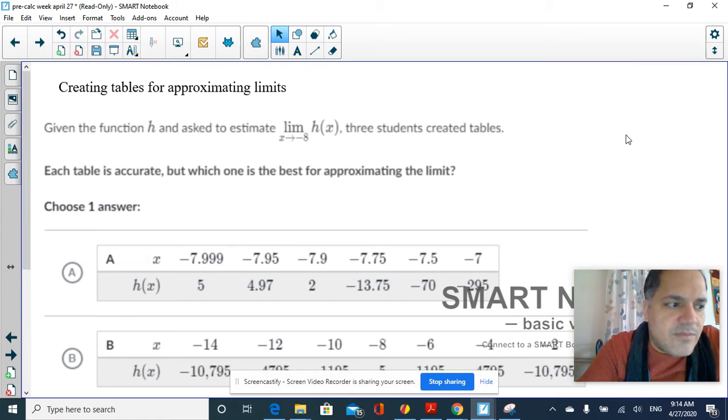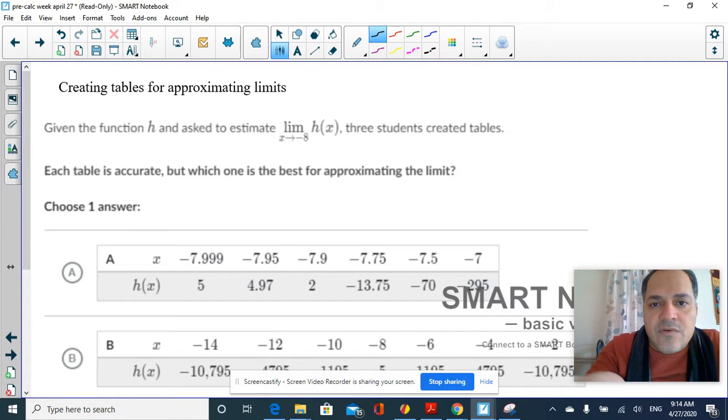Good morning, everyone. Today we are going to cover how to create a table for approximating limits. If you want to approximate a limit, we can create a table to find the limit of the function at an exact point. So today we are going to learn which one is the perfect table to get the value of the limit